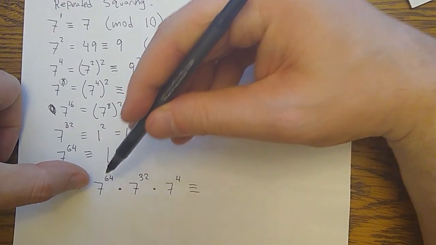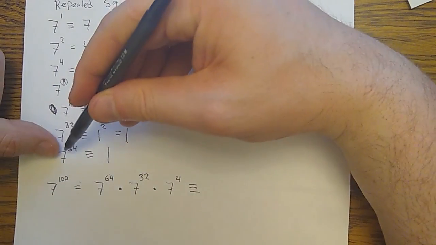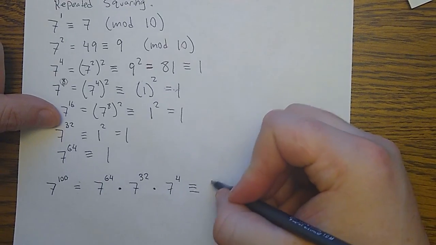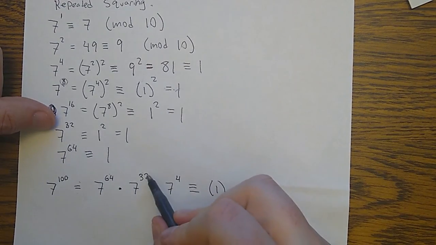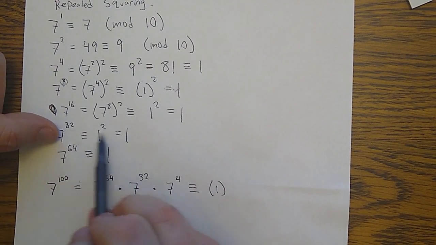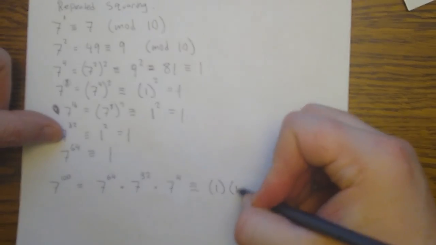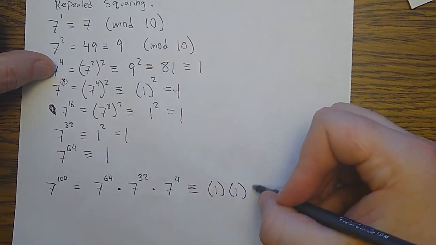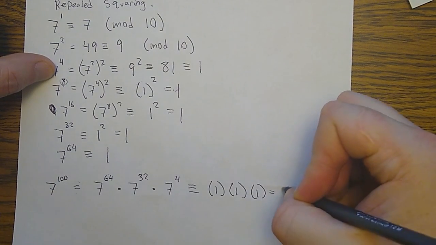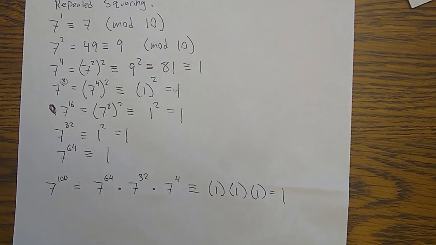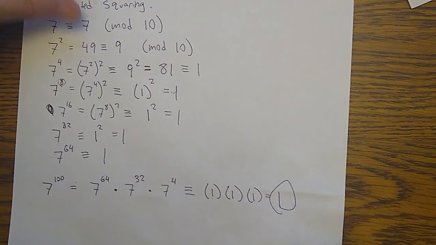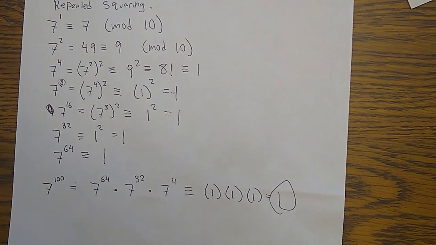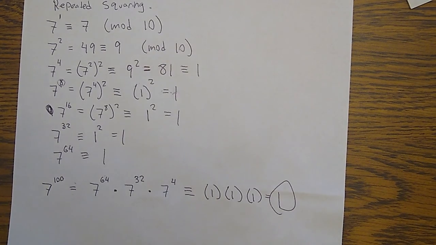Because 7 to the 64th is congruent to 1. 7 to the 32nd is congruent to 1. And 7 to the 4th is also congruent to 1. So the last digit of this huge number is 1. And by the way,